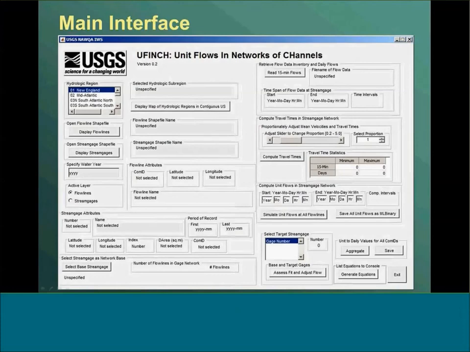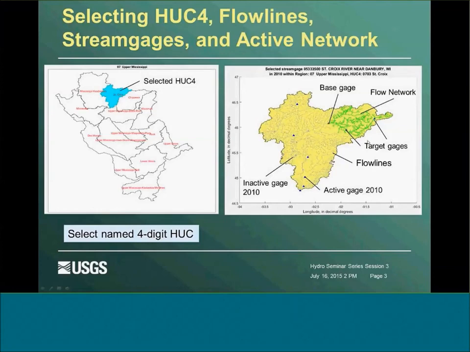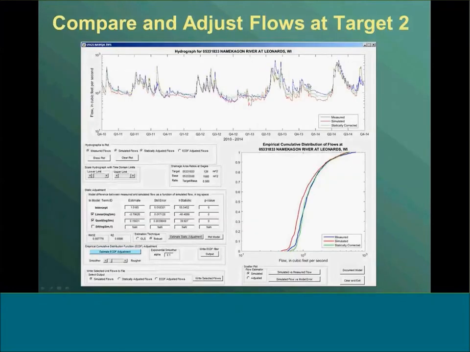Just a quick comparison. This is some of the graphs that you'll see when you highlight it. This is streamflow HUC4 that can be selected from the 2-digit HUC. The map of that HUC4 and base gauge and some of the other things I've been discussing. This is a map that shows the comparison hydrographs, the measured flows in blue, simulated flows in red, and there's a statistical procedure you can use to adjust the flows to more closely match measured flows. This shows the effect of that correction on the empirical cumulative distribution function.